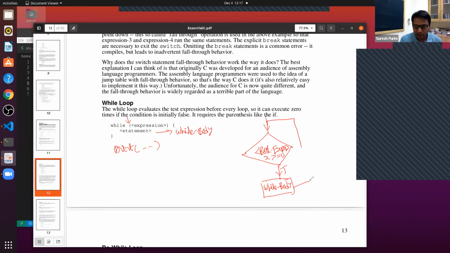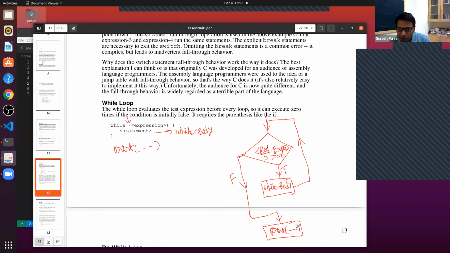This is what is called the body of the while loop. Let's call it the while body as a shorthand. After the whole body gets executed, we go back again. But on the flip side, if this expression evaluates to false, then the print statement or whatever statements are after the while loop get executed.